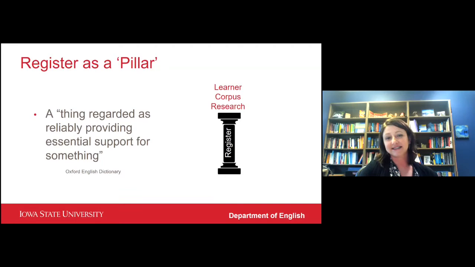Of course, this idea that the foundational concept of register is one of the components that holds up learner corpus research leads to the rather bold claim, one that I'm willing to make today, that without taking into account register, learner corpus research falters or is weakened. And so by the same logic, when we consider register as one component of learner corpus research, I believe that line of research is